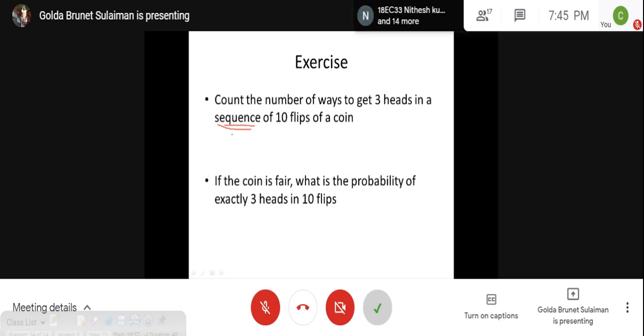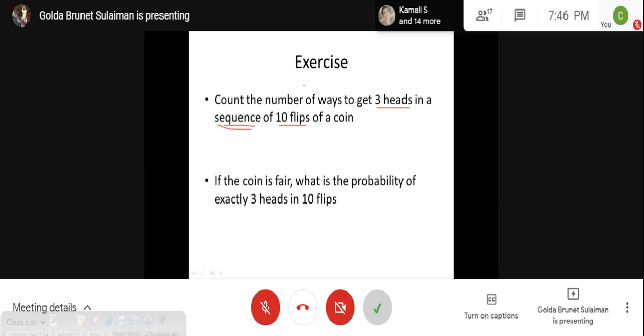But here, what are we interested in? We are interested in getting 3 heads. And the sequence is what? The sequence actually represents the flips. I'm flipping one coin one after the other. So that is the sequence it is actually mentioning here. It is not the sequence in which we get the